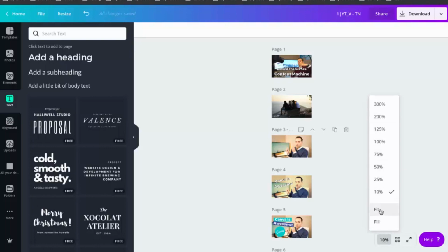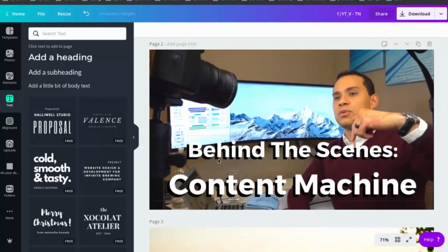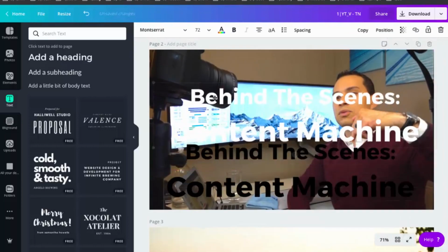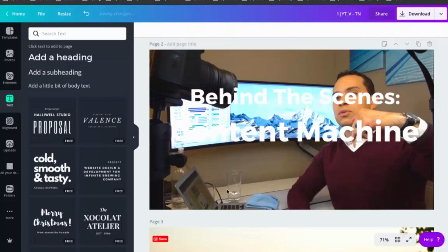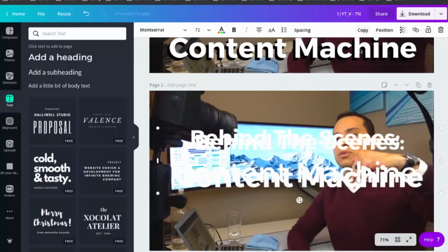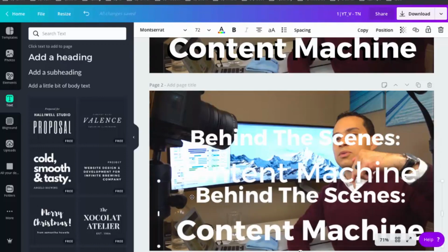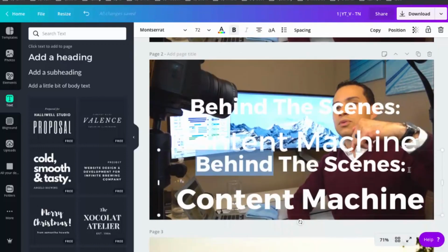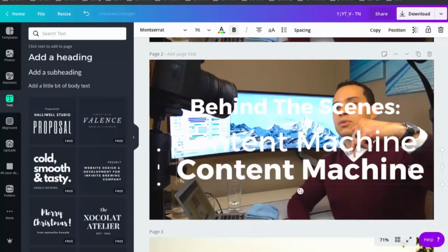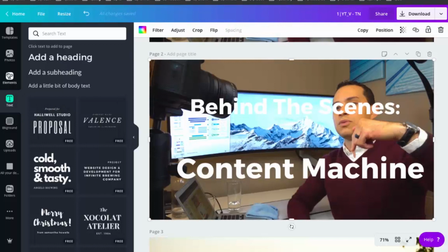So we'll zoom this back up here. I'm going to duplicate it, and this time we're going to add some elements in the background so we square it off. So we'll have our two lines of text again, but this time we want to separate our elements. So we want the top and the bottom to be in a separate text box. So I'll delete the top from this one, and then I'll delete the bottom from this one. And yes, it's very hard to see, but we'll fix that in a second.